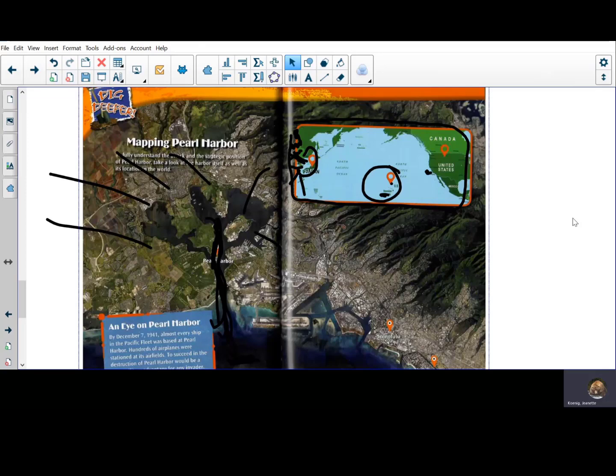And what happens when our ships here try to escape? They're bottlenecked in the narrow channel. There's no way to get out to the sea, so this area that was supposed to be a nice, safe harbor turns out to be a death trap. Moral of the story, pay attention to technology. If you ignore it, you are going to get kicked.